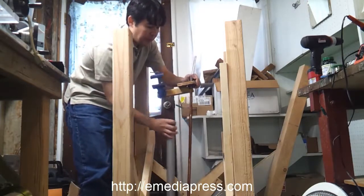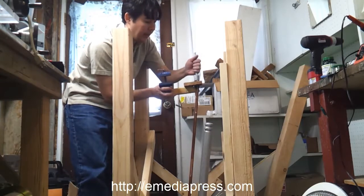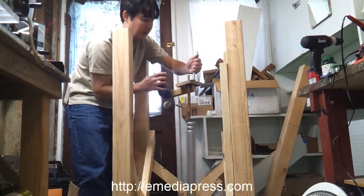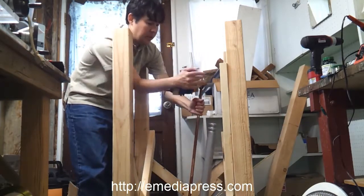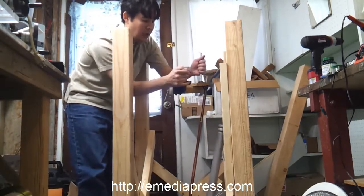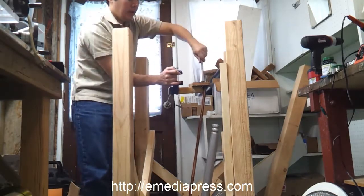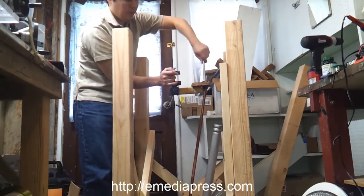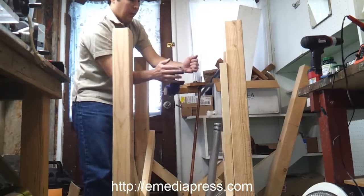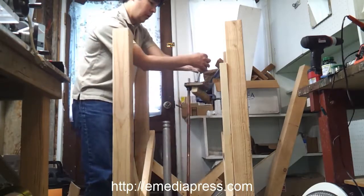Okay, so what happens is, this is obviously free spinning, independent of the bracket, of this translation bracket, coupler, whatever you want to call it. And this rotates independent of the pivot at the top. And this rotates independent of that. So you have this rotating independently, this upper weight mechanism is rotating independently, and then the pivot, or the lever rod, the input, is also independent of it. What you're doing is, the momentum of this is carrying around, and you're whipping it into an elliptical